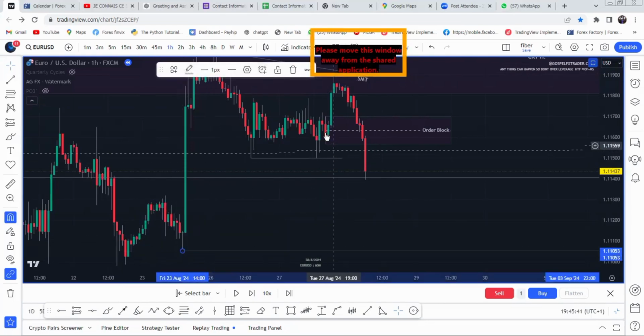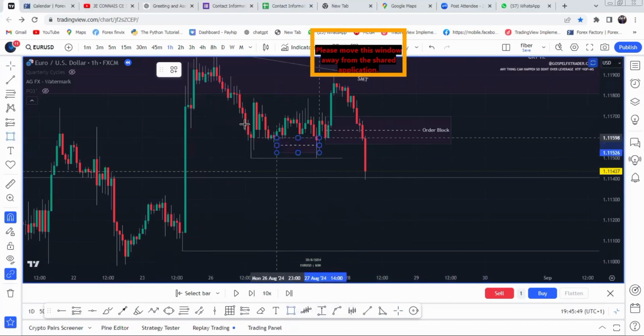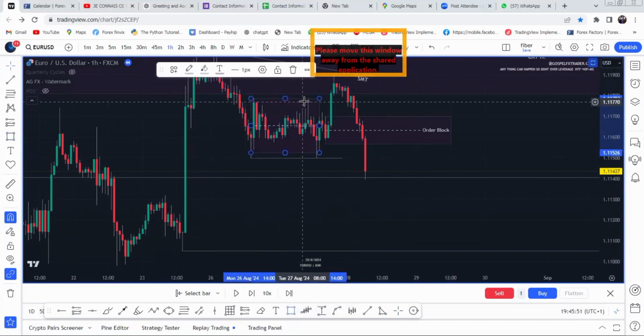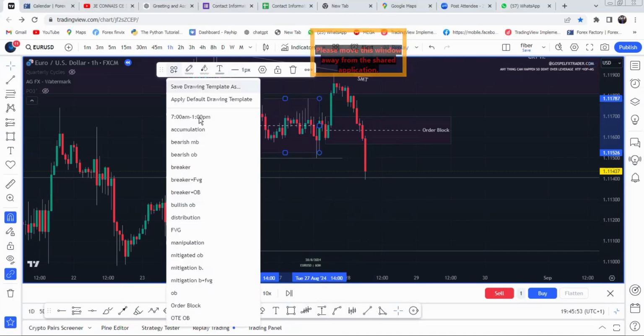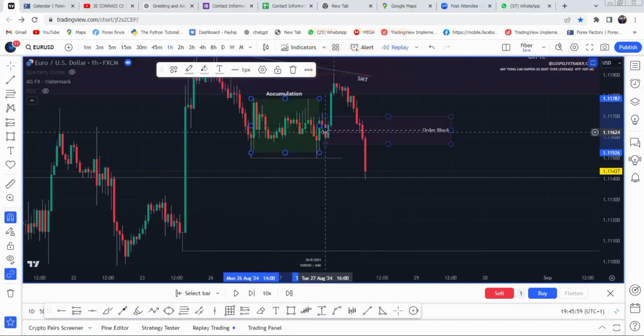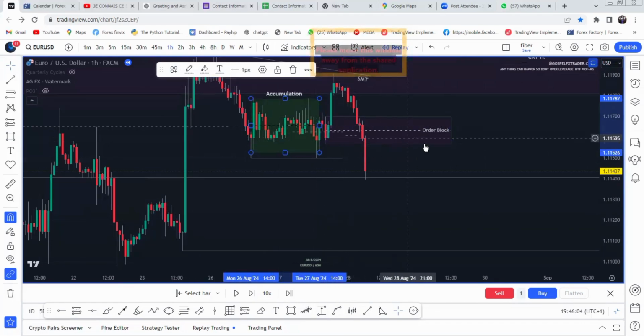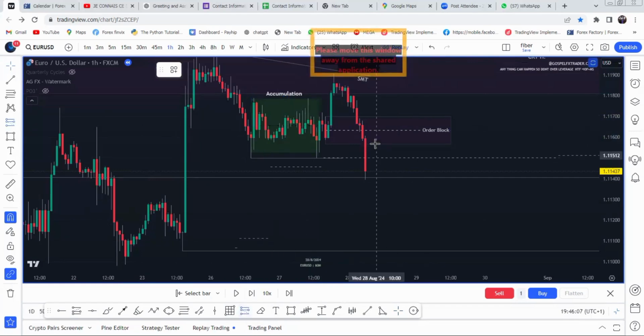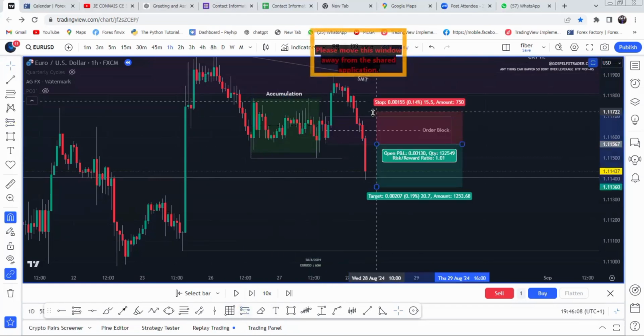Remember, this is already a confirmation. This is our AMD right here. All right, this is our AMD, and then price manipulated higher but failed to continue, giving us an SMT divergence. All right, and then came down, gave us a break of structure here, also violating this other block. So which means at this point we can take our entry the moment price comes back to this other block,